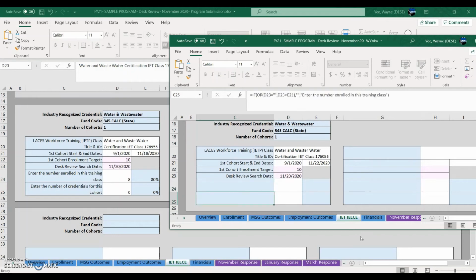But nothing happens here. Why? Well, the reason why is this class hasn't ended yet. The last day is after your desk review search date. Now, if the class ended, let's say where it says here, November 18th,